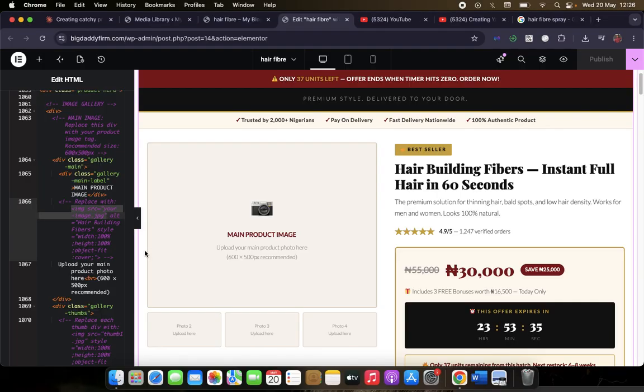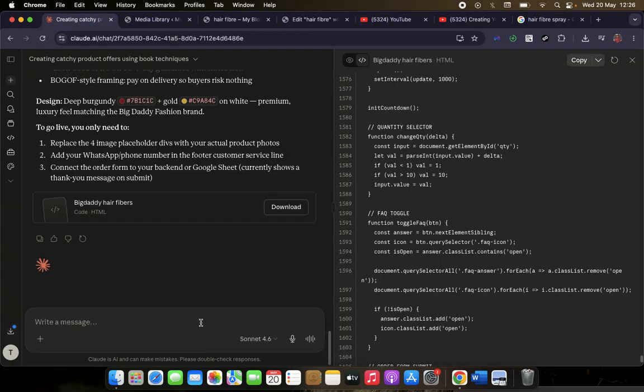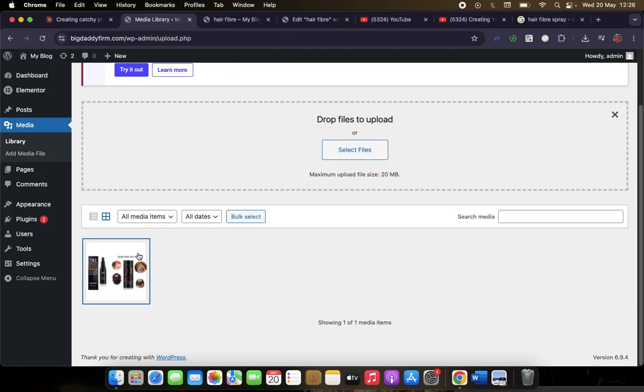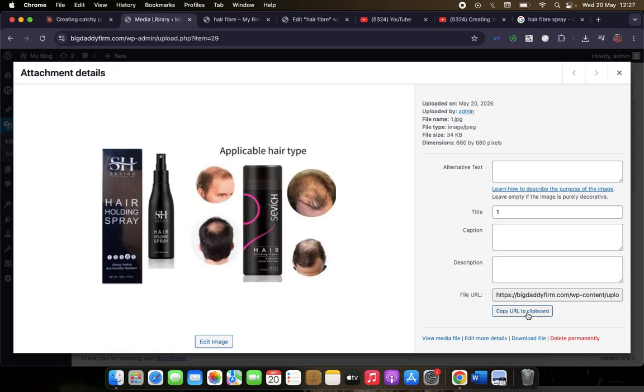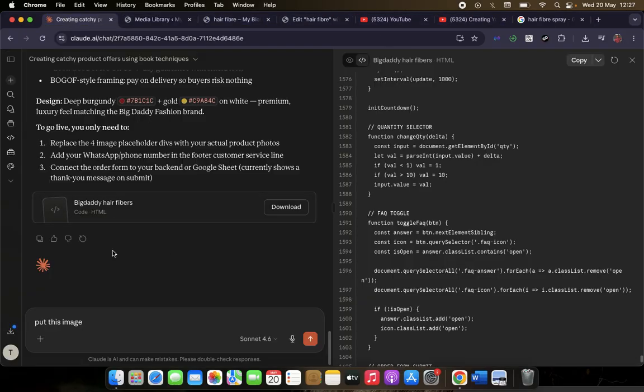Then I'll copy it. Then I'll come to Claude. I'll say put this image. So now what's the image? What's the link to the image? I'll come back here. The link to the image. This is the link. I've copied it. Then I'll come back here. Put this image in,